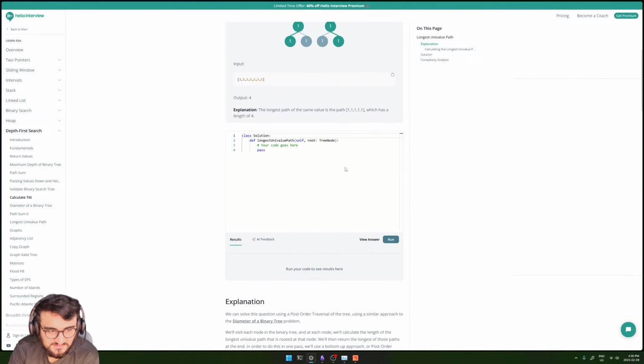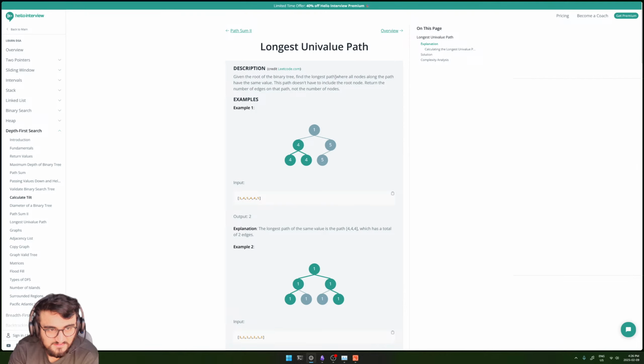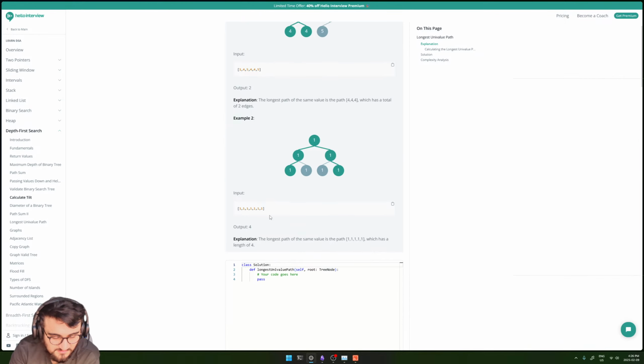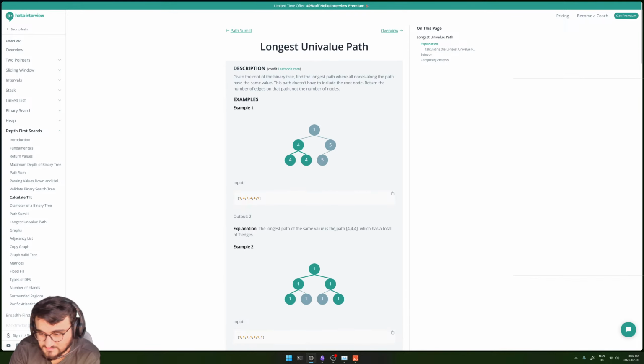This just seems annoying. Right, number of edges is just n-1. 1, 2, 3, 4. 1, 2, 3, 4, 5. Yeah, this one seems annoying. So you go down and then you find your number. So in this case, let's say it's 4, and you go down left, contains 4, and